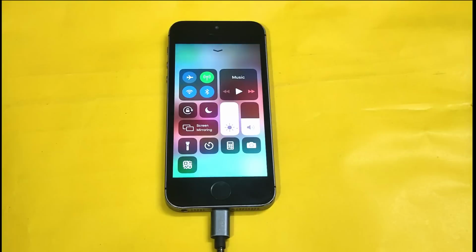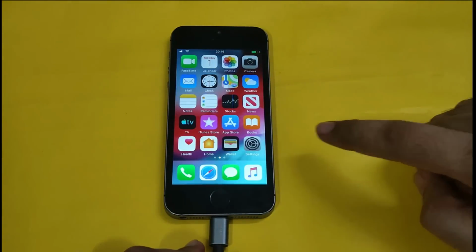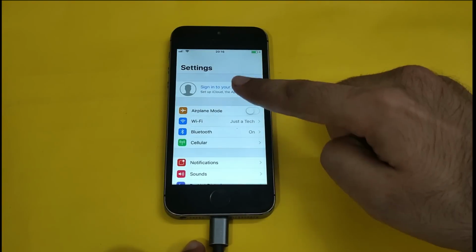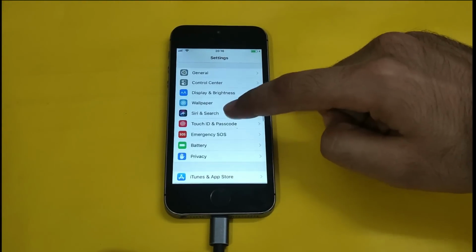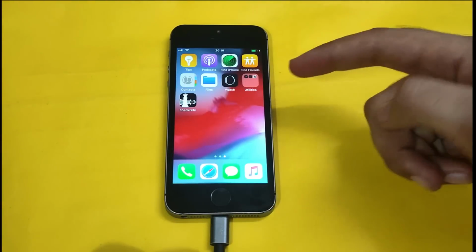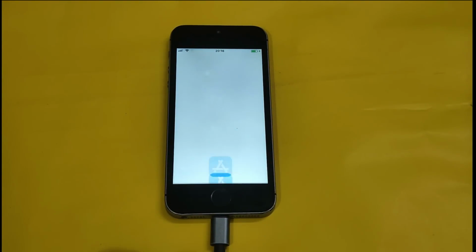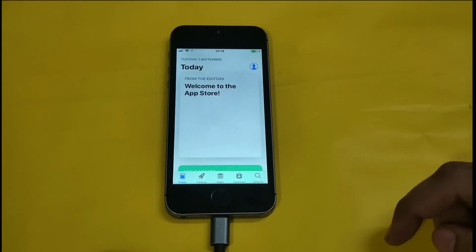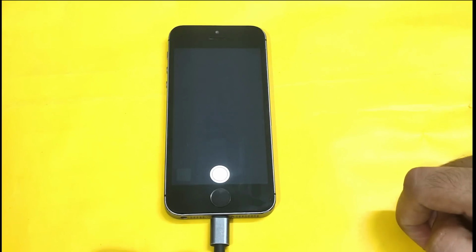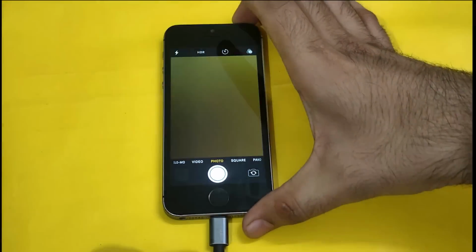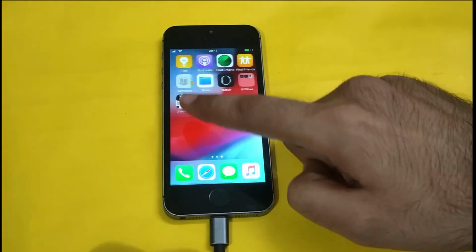Now everything will work like a normal device. Let me show you from the settings that iCloud is completely bypassed. And you can use the App Store and other things. So all the things that are working are written on the website, so you can visit the website for complete information of this tool. And the App Store is also working, so you can download your apps from the App Store. And there is no battery drain issue because this tool doesn't delete any kind of baseband data. And the camera is also working, so you can try this tool and easily bypass any iPhone or iPad that is compatible with the Checkra1n jailbreak.